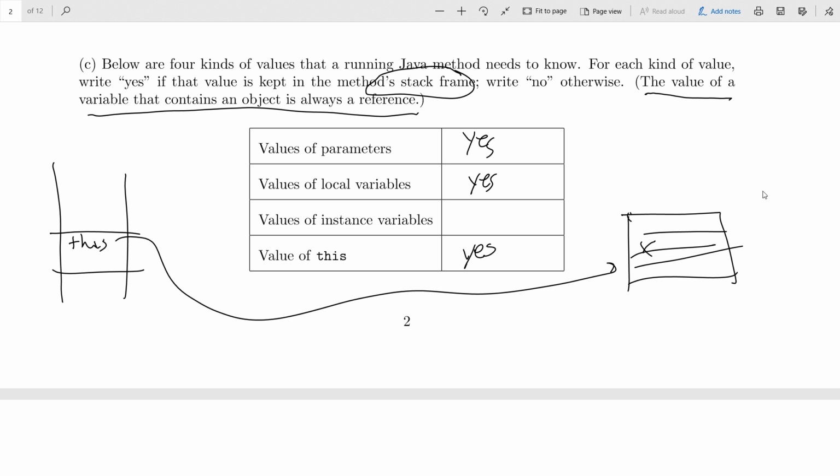Okay, there are a lot of complexities to the runtime memory model, but at a minimum, you need to know what stack frames are for and what the heap is for. Any questions I can answer about that? Yeah? So what exactly is the difference between a stack and a stack frame?